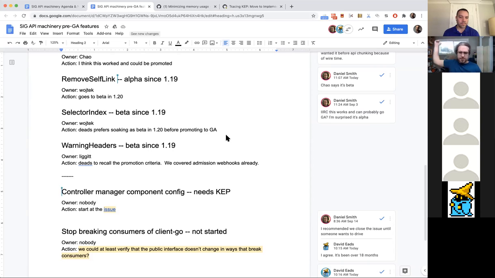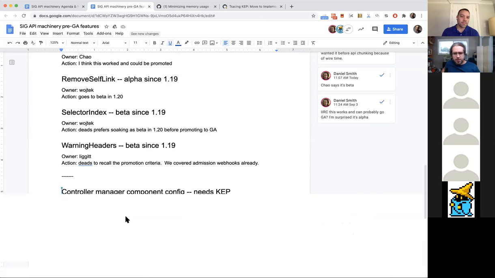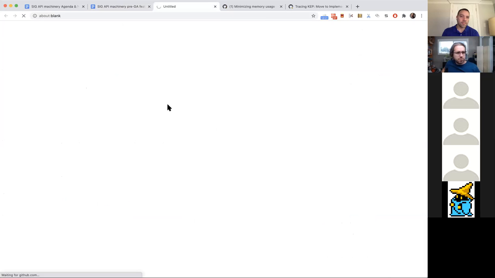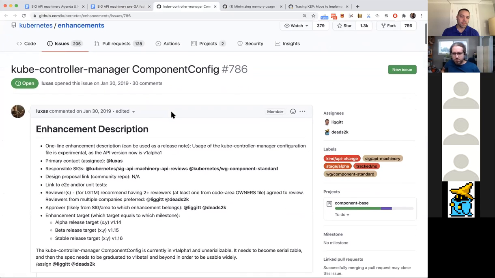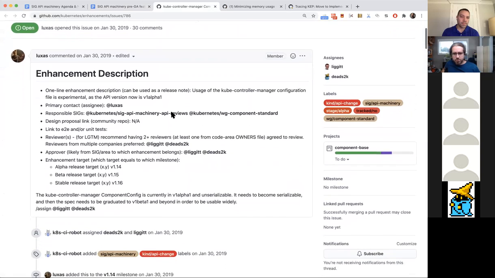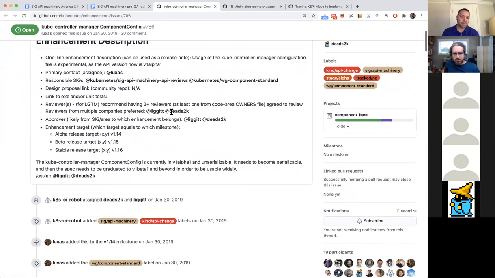And then at the end here are two things that I ran across that don't technically have KEPs. One is this controller manager component config. There's a long issue with a lot of people asking about a KEP, and I think one attempt that didn't go anywhere. So I recommended just closing that and waiting for an owner to show up and be motivated. So I agree with that.